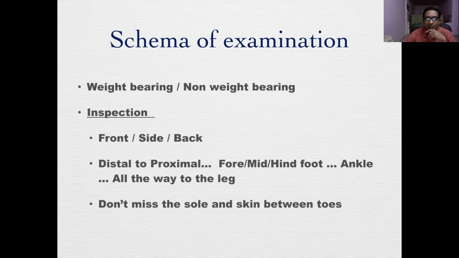So it makes sense to examine both weight bearing and non-weight bearing. The first thing, like in all cases, is inspection. So you inspect the patient from the front, from both the sides, and the back. You can climb from distal to proximal, which means you can work your way from the toes, the forefoot, the midfoot, the hindfoot, the ankle, and climb into the tibia and the leg. One way to make sure that you have done it in a proper protocol and you don't miss findings is to follow a pattern. You can choose either one. There is no right or wrong here. It is more of convenience, and it is designed so that you don't forget some areas.